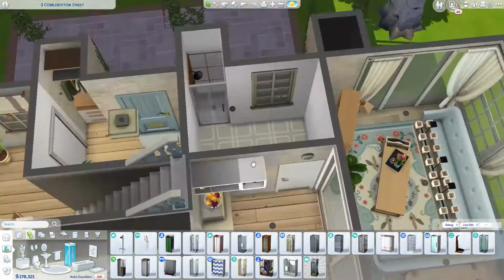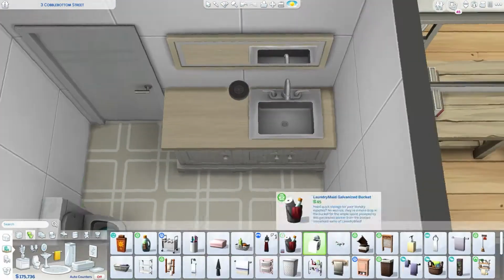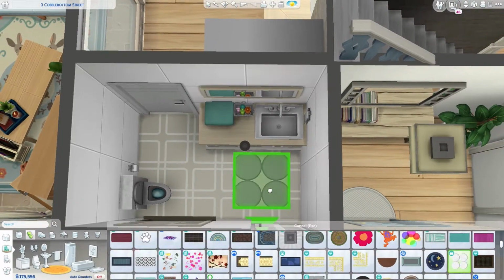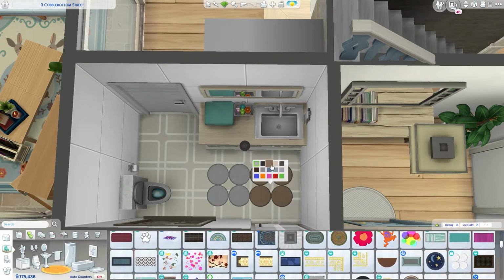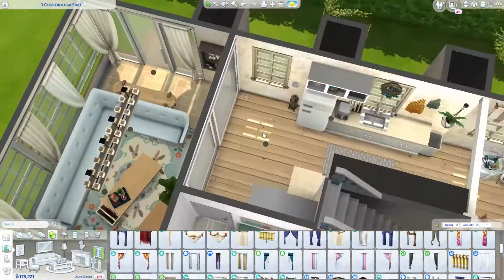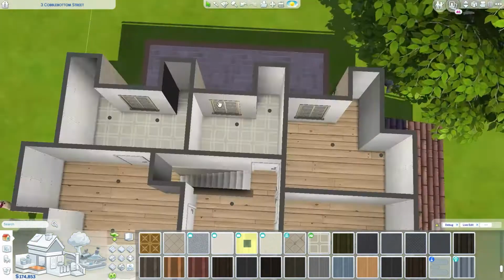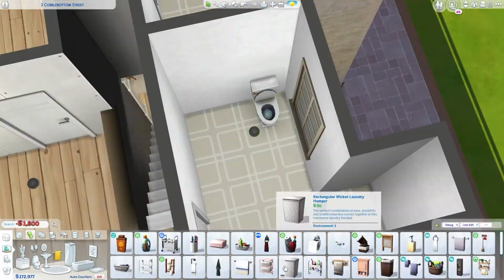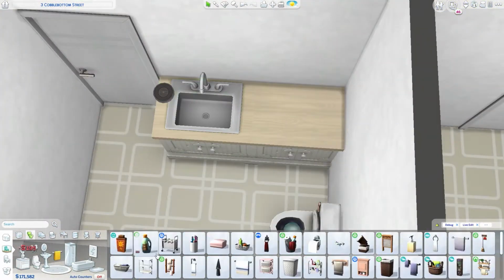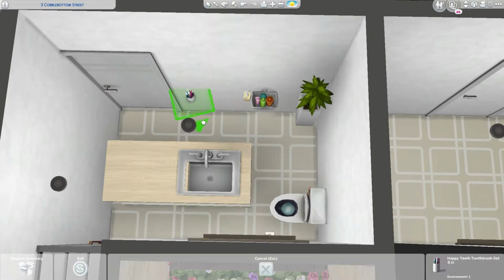And actually I decided to use this bowling night flooring for the bathroom. It's really odd for me to do that, because I tend to do plain white tiles, very simple, not too busy or whatever. But on this build I decided to go with the bowling night stuff flooring. It's still very minimalist, because everything's just very earthy tones, very simple, basic, bright flooring, and all of the bathroom